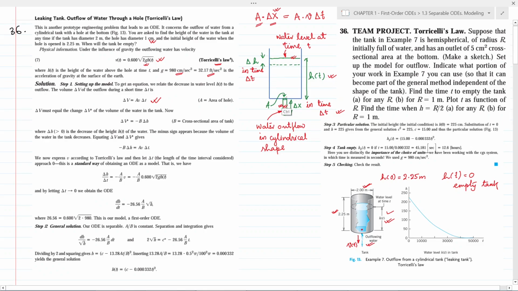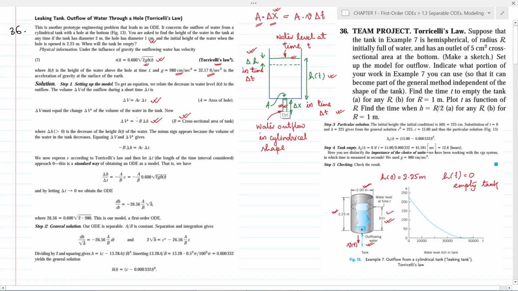Now if this much water comes out of the hole, then also the height of the water inside the tank decreases. Now let us assume that the height of the water inside the tank decreases by an amount delta h in a time delta t. Then this volume can be calculated as cross section of the tank multiplied by this height delta h. And if you assume B as the cross section of the tank, this can be written as minus B delta h. Here negative symbol is taken because the volume is decreasing inside the tank with increase of time.